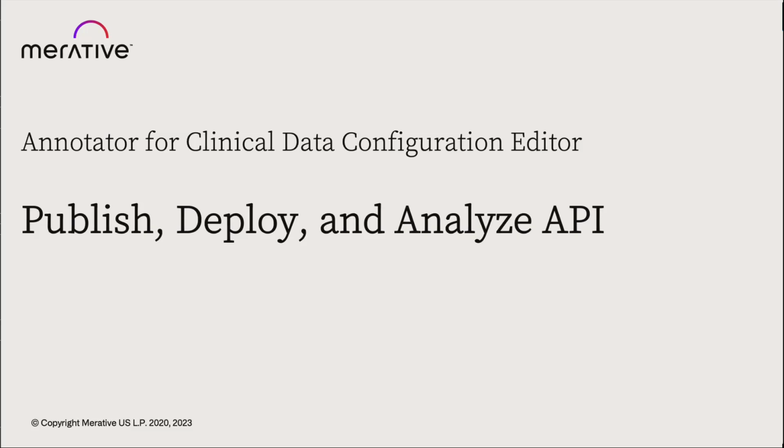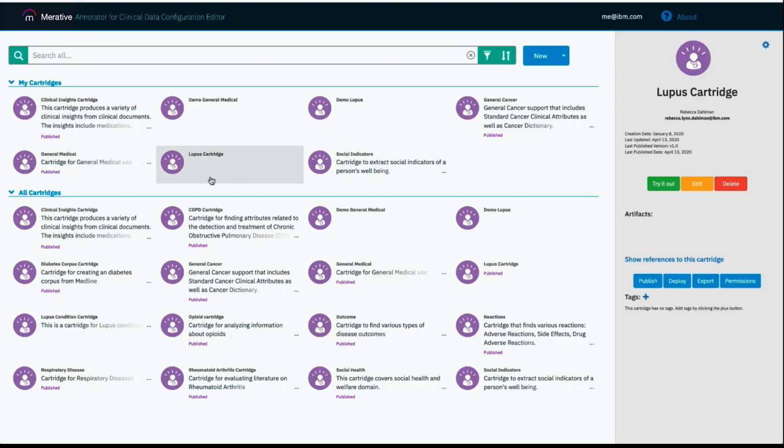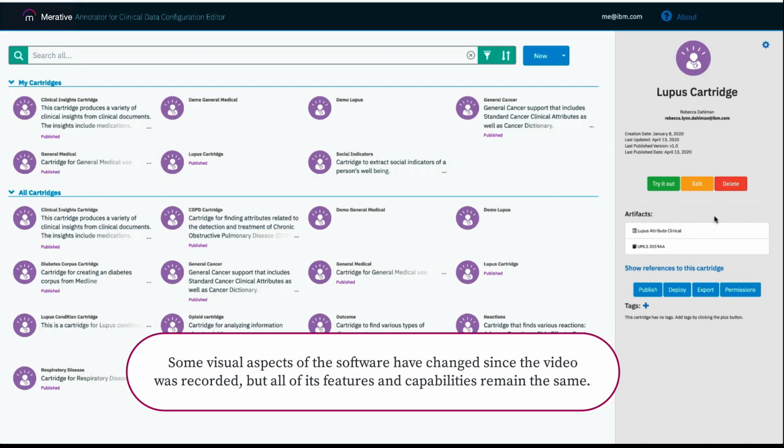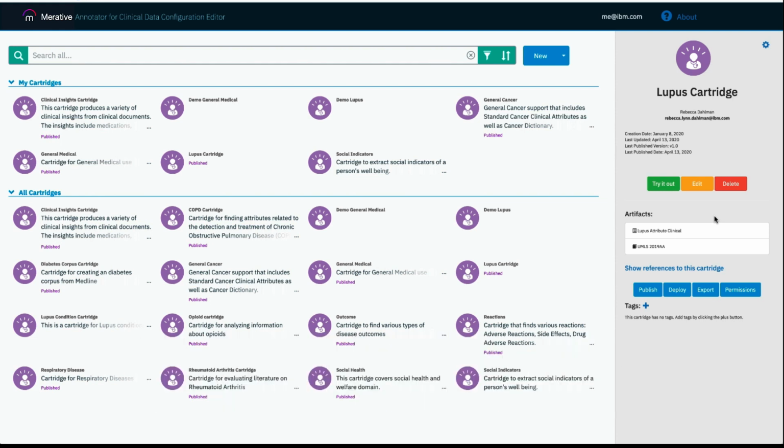In this video, I will show you how to deploy and publish your cartridge to an Annotator for Clinical Data production instance for use in an application. I will be using the Lupus cartridge that has been used in several other videos. Once I've decided that my model is ready to be used by my application, I will publish my cartridge into